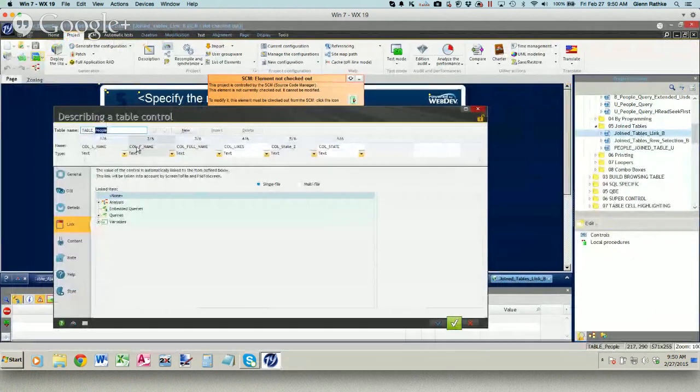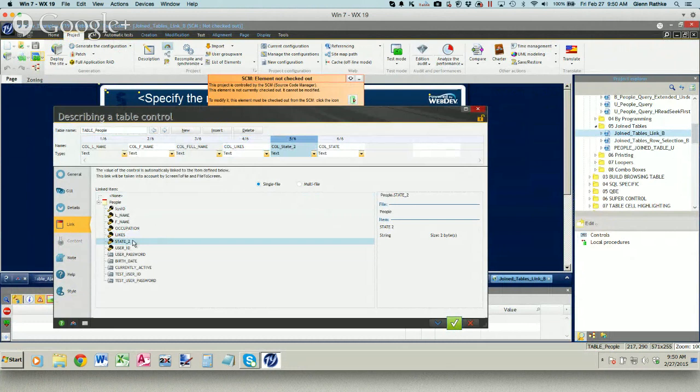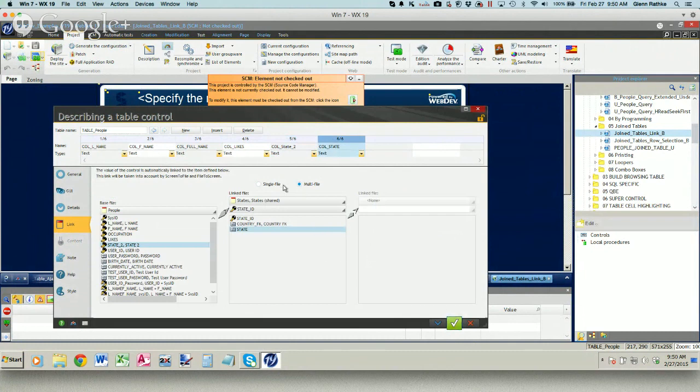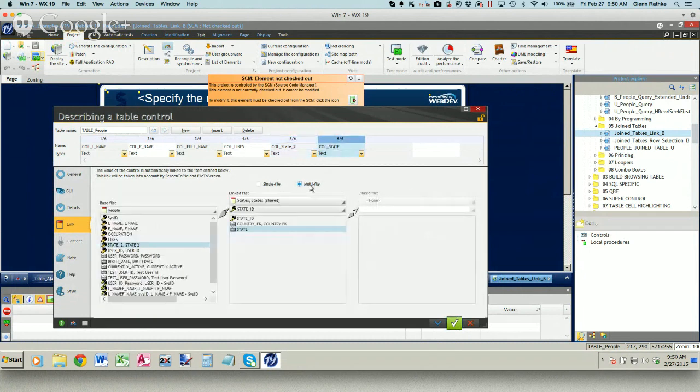So here we have our table control as we normally do. You'll notice that when we go to our link, you can see this, like the col likes is linked to likes. Now if I go to col state 2, this is the 2-character state that I maintain, and it's linked here. But now I want to be able to go out and get the actual state name. So how we do this is, instead of single file, it is now multi-file. Okay, so we start with the column that we want to do the lookup from, and supply the value. We select state underscore 2,